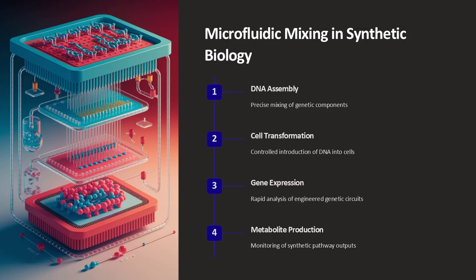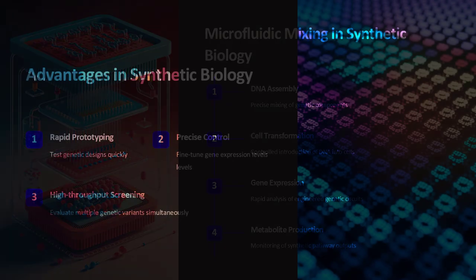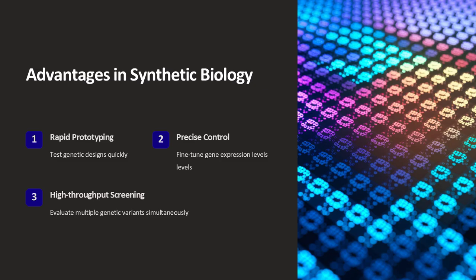Techniques such as staggered herringbone mixing or lamination mixing rely on channel design rather than high-energy agitation, thus preserving the integrity of delicate biological samples. This is crucial when working with live cells, proteins, or nucleic acids, where excessive shear stress could lead to denaturation